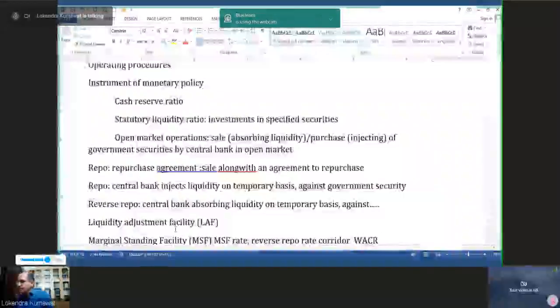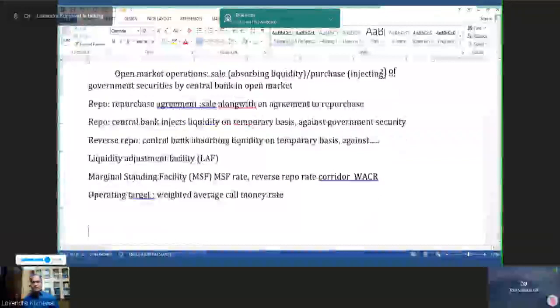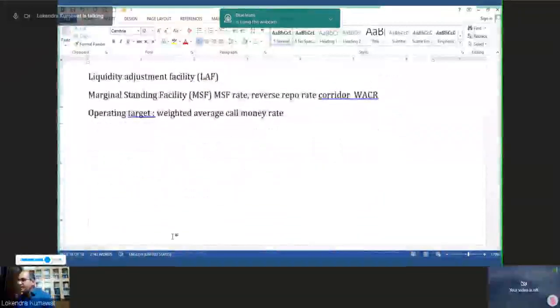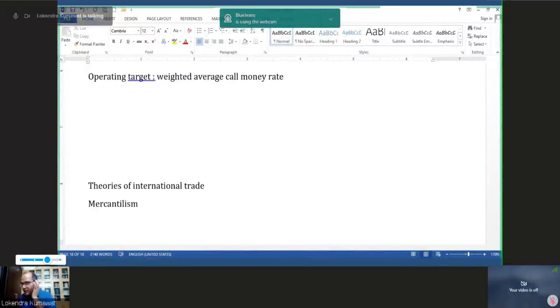Let me quickly move to the third topic, that is international trade. Why international trade is desirable, etc., those things I'll skip because these are descriptive and you can read them. I will come quickly to the theories of international trade. The first theory is mercantilism. According to mercantilism,